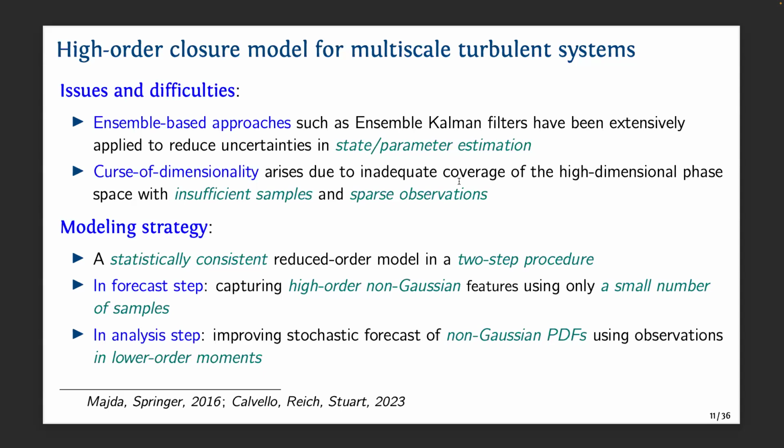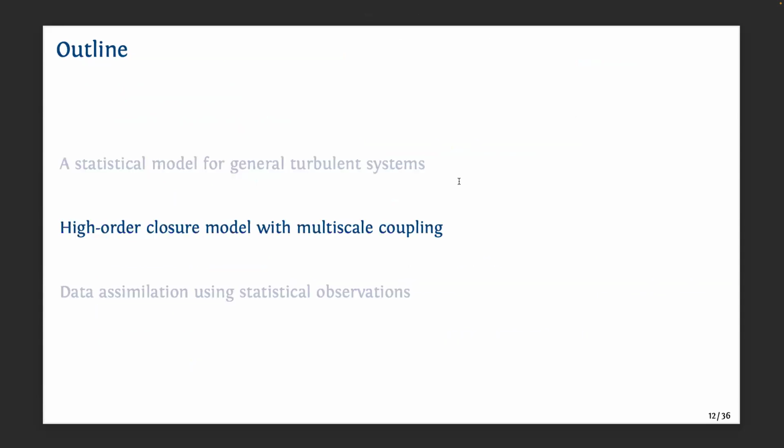Next, I would like to first discuss the forecast model, that is, how we can get the prior distribution using the ensemble method to capture the essential features we want. And second, how we can include observation data into the general framework and do a refined forecast. Let's do it one by one. The first step is to develop the forecast model, a moment closure method for the system.